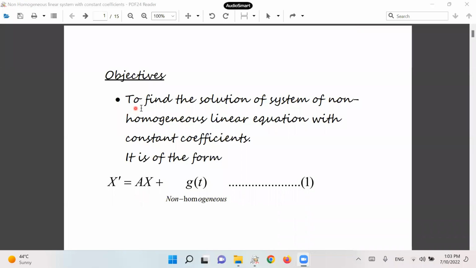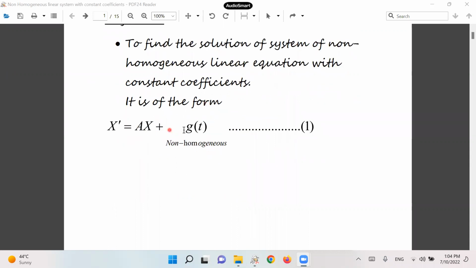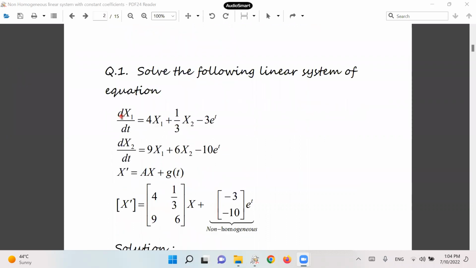In this lecture, we are going to find the solution of a system of non-homogeneous linear equations with constant coefficients. They will be of the form x' = Ax + g(t), where g(t) is a non-homogeneous term. Question number 1 about it will be to solve the following linear system of